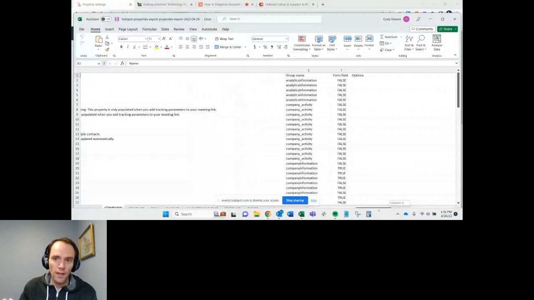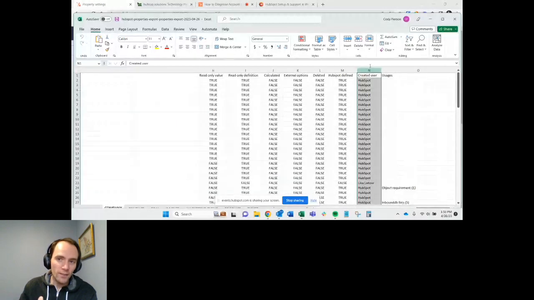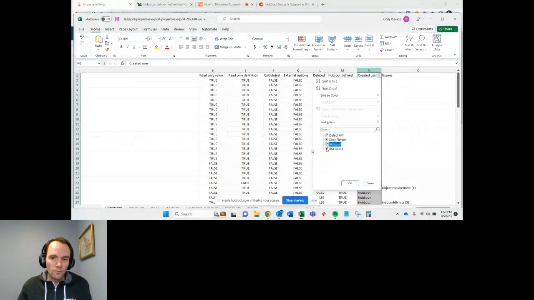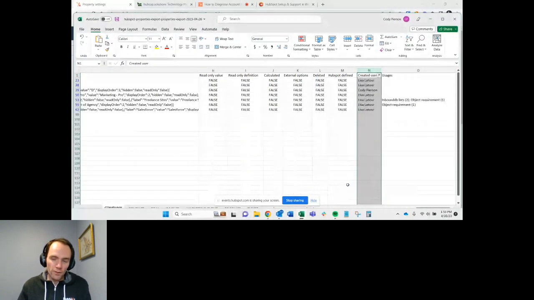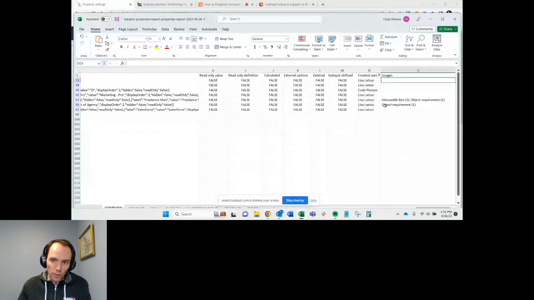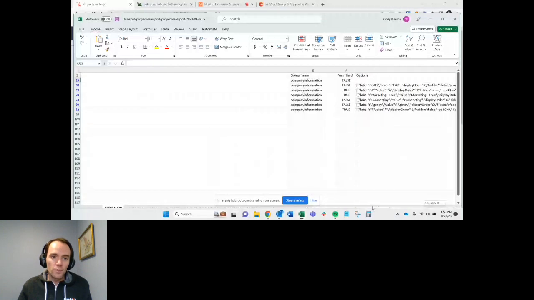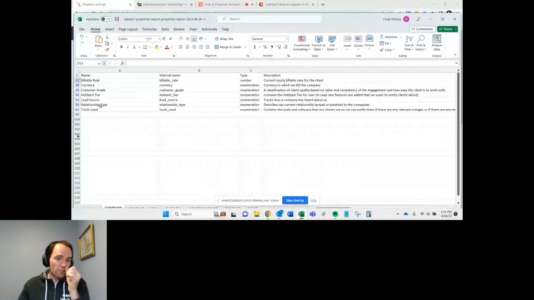Where did I want that? Yes, and then filter by, because you can't delete properties created by HubSpot. So I'll just filter out HubSpot. I'll leave the fields created by somebody else. I'll look at the things that are used in, and potentially the groups. And then I'll just start flagging,